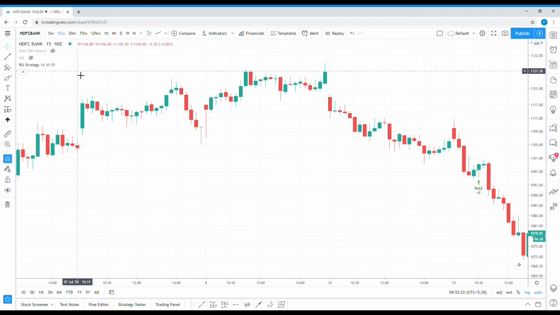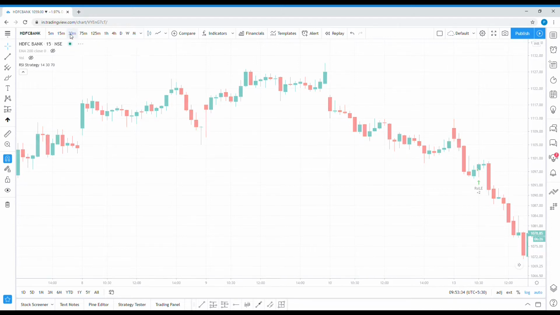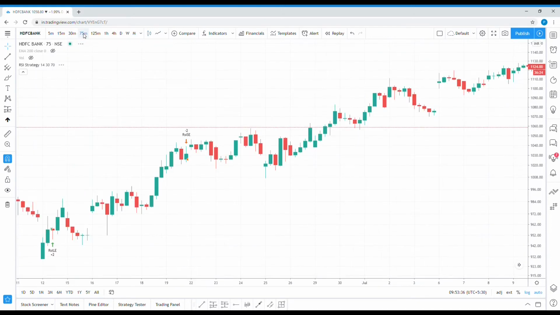So if you choose 5, every candle will be created after 5 minutes. If you choose 15, every new candle will be created after every 15 minutes. Same goes for 30, same goes for 75. So this represents your candle creation time interval, after how much time a new candle should be created.